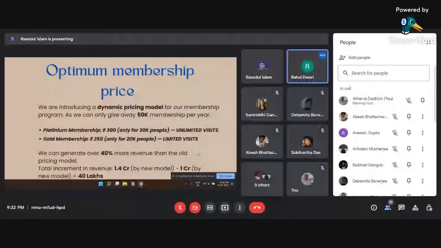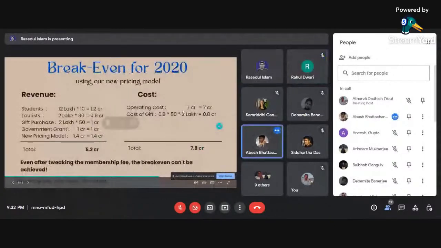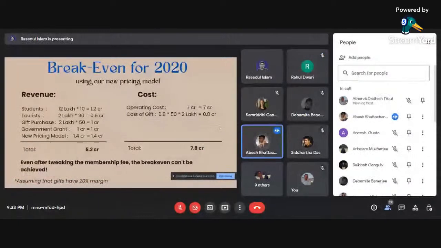This is how we got the optimum membership price. Okay, so coming to our break-even model for the 2020 pricing, we can see the revenue, considering all the elements: students, tourists, gift purchase, government grant, and the new optimum membership pricing model. We get a total revenue of 5.2 CR. And the operating cost is 7 CR, and assuming that gifts have a 20% margin of profit,